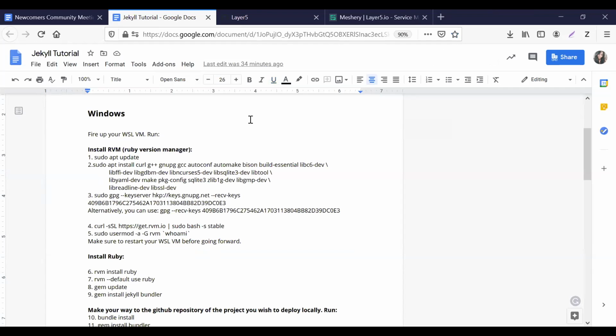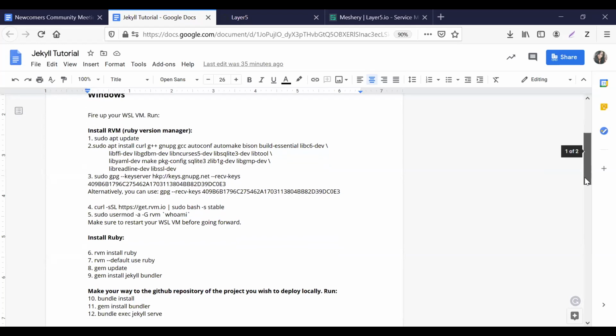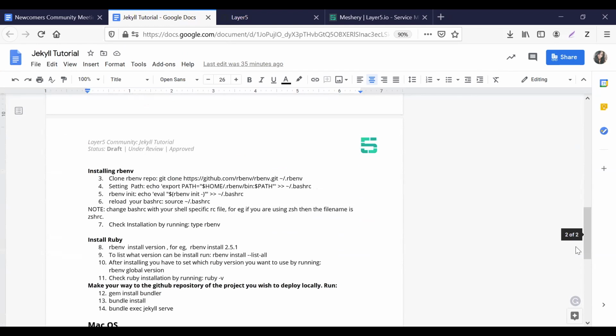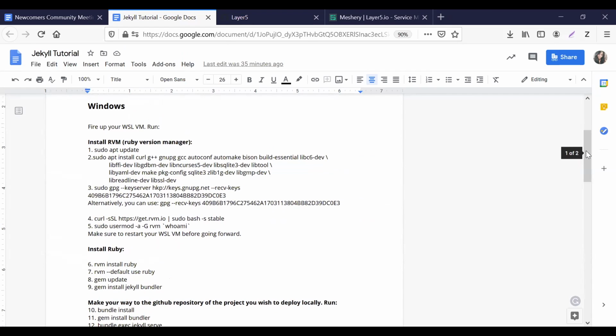I'll run through one for Windows. I'm running Windows currently. If you don't have WSL or some other Linux VM set up on your system, I'd implore you to do that first. The WSL Windows guide is pretty good, and you can achieve that pretty well. Also, some of you might know Dave Kalra. He did one of these tutorials for us on the last call, I think the Linux tutorial, so the instructions here have been added by him. I'll run through the Windows one first.